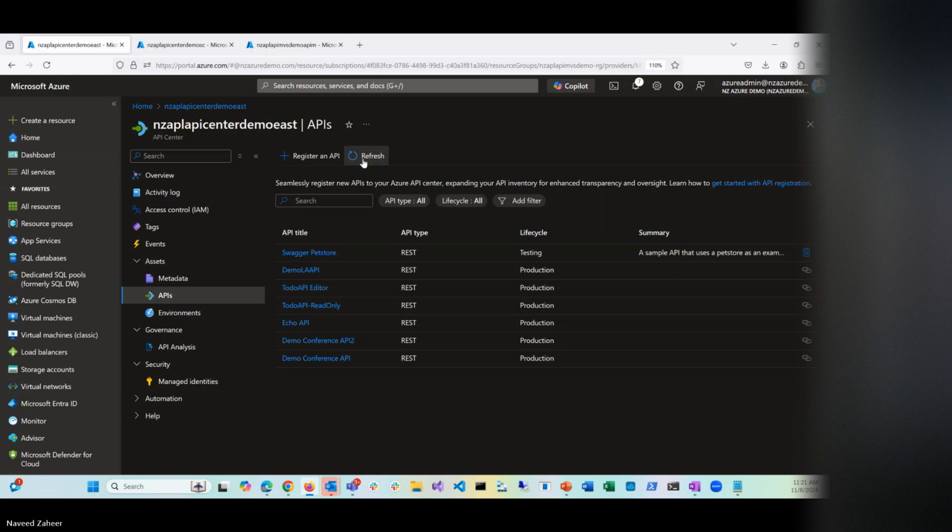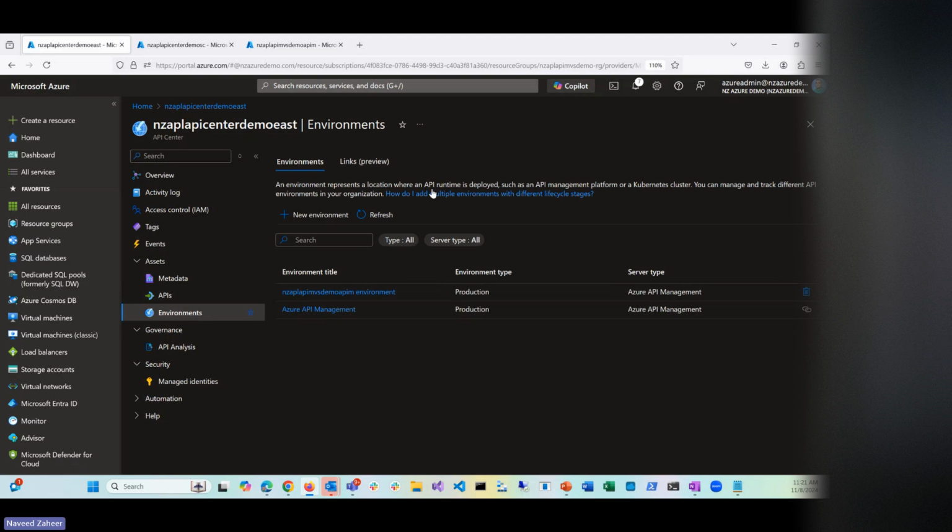Yeah, so it's pulling from multiple environments, right? I see the life cycle there. So it's one API center across my dev, QA, and prod? That's right. So where is it picking up the environment from in the APIM? Like how is it determining that it's a production APIM? Basically, it's the, I mean, I'm not sure if when you see the screen,